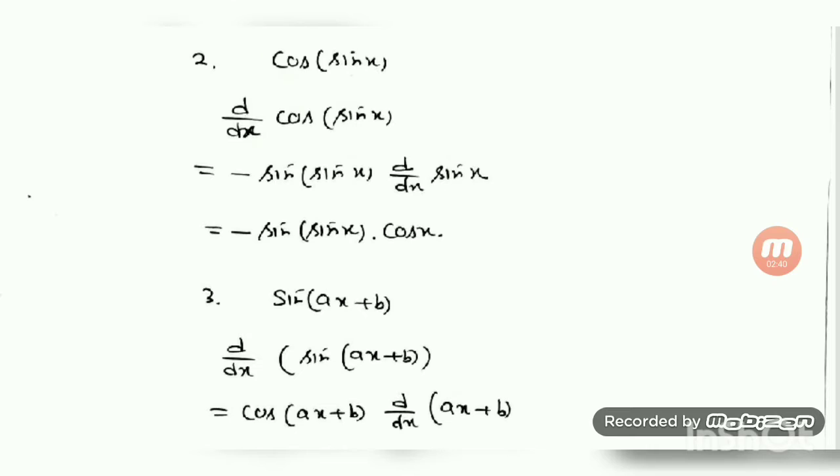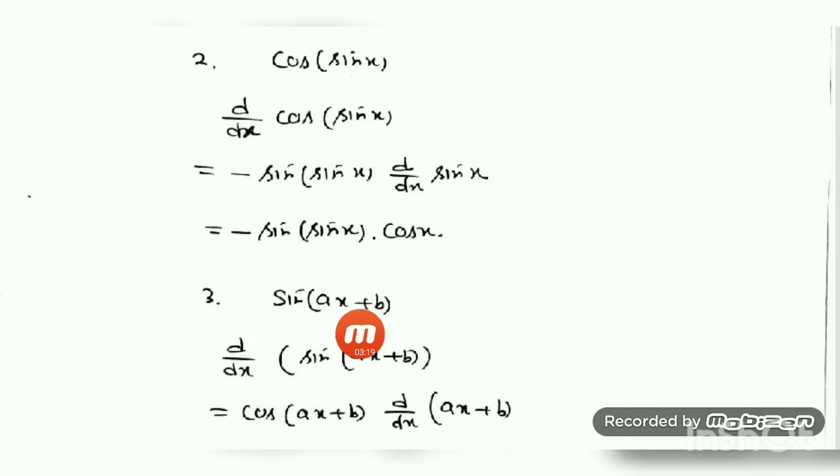Next question, number 2 is cos of sin x. That means you have to take the derivative of cos of sin x. Here, if I think of this portion as x, it converts to the standard formula cos x. So think of sin x as x, use the formula, and then take the derivative of sin x. The d/dx of cos x formula is minus sin x. So minus sine of sin x. You are thinking sin x as x, so take the derivative of sin x, d/dx of sin x, which can be applied directly. That is, d/dx of sin x is cos x. So the solution is completed.